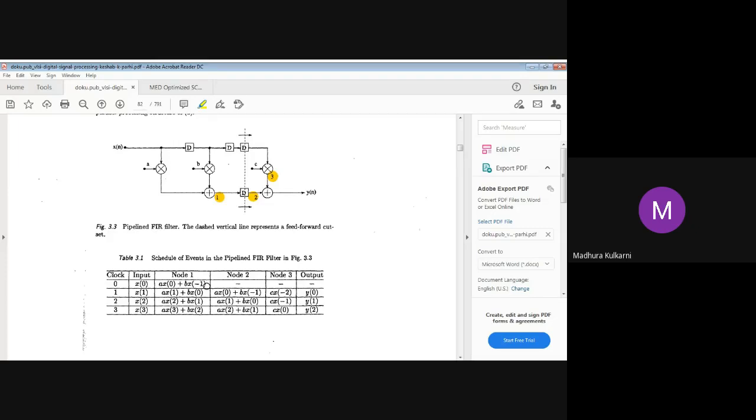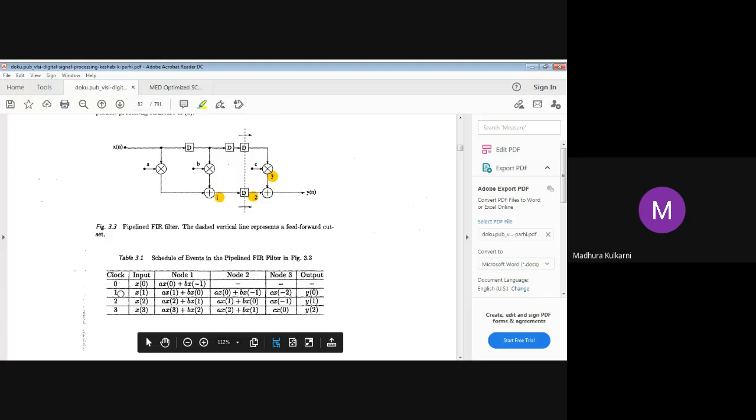Like a semi-automatic washing machine, when for the first 5 minutes the clothes are getting washed, there is no output in the dryer section. In a similar way, there will be no output at node 2 and node 3 because it has not gone to node 2 and node 3. It will pass on to these nodes in the next clock cycle. Therefore, we have given dashes in these three columns.